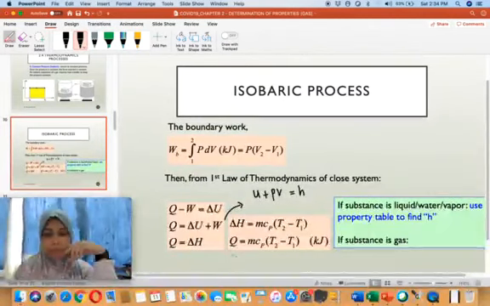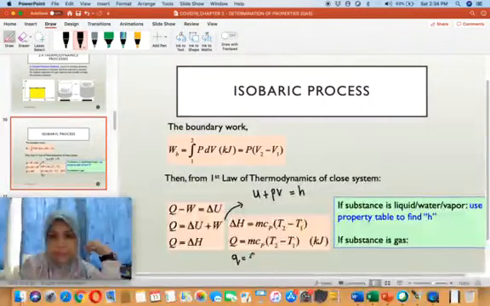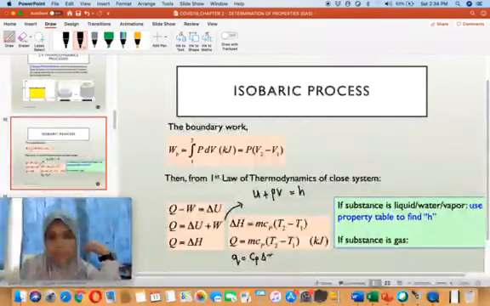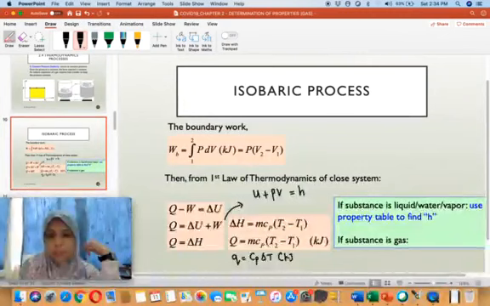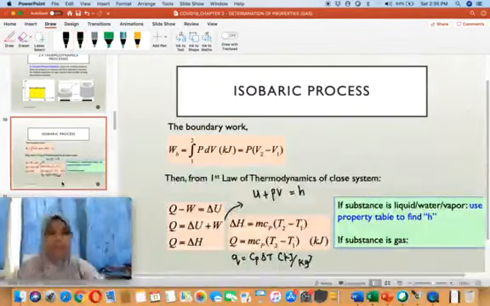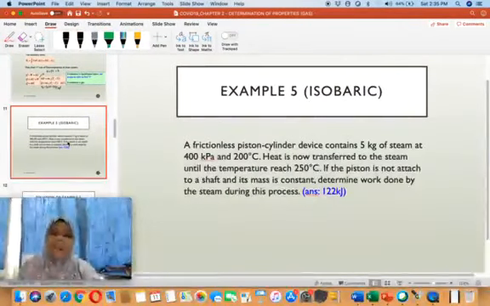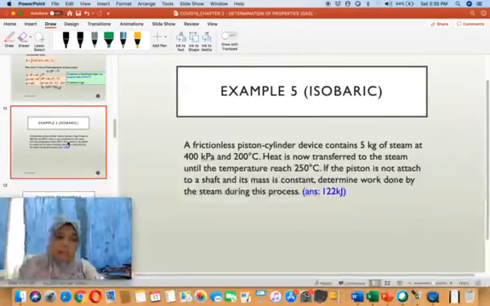But if we want to find q in small letter, q is equal to Cp delta T. And the unit is kilojoule over kilogram. Okay? So can I proceed? Okay, so example 5, we already solved it in our previous